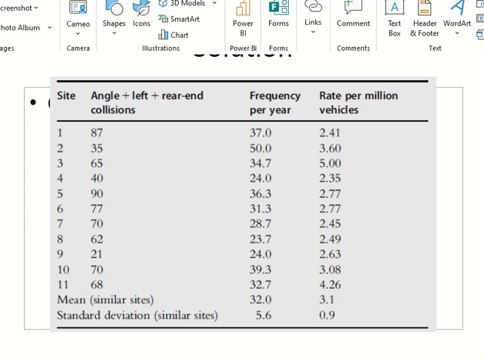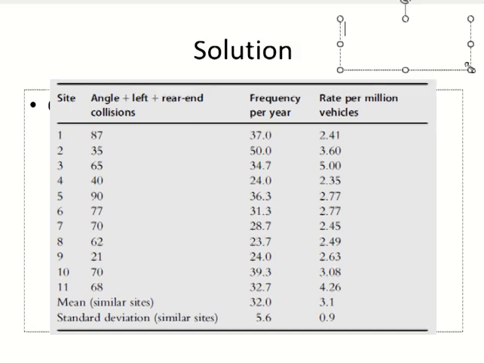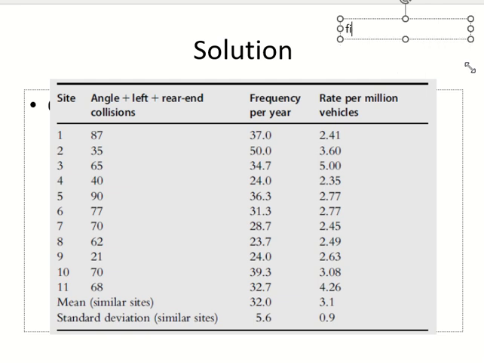To compare it, we will calculate this ratio: Fi, which is the frequency at my site, minus Fm, which is the mean, divided by the standard deviation. For site number 2, the frequency is 50, the mean is 32.6 for all the sites, and the standard deviation is 5.6. So 50 minus this, divided by 5.6, is 3.11. And for site number 9,